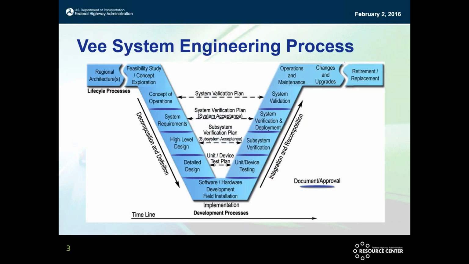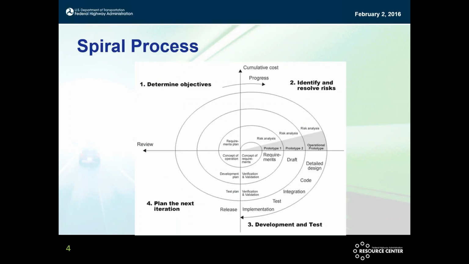This is, as Phyllis went into a little bit, a nickname of death. A lot of publications see this because it gets in the way. We'll say more later. This is a spiral process, an early development. A lot of times we hear from public agencies that they want a V process or spiral method. I hear that as code words for "I want to do what I want to do."